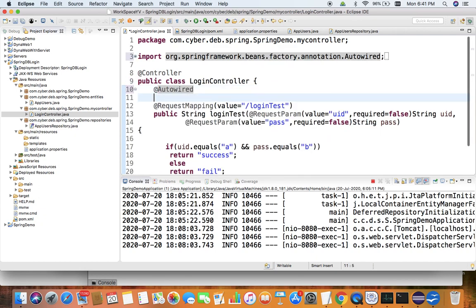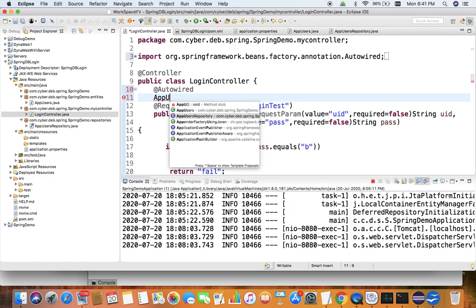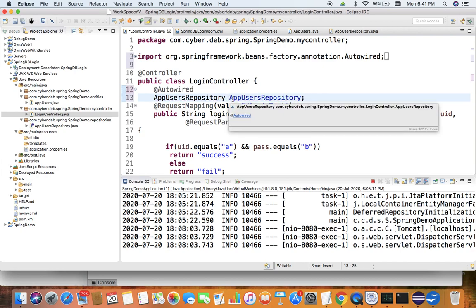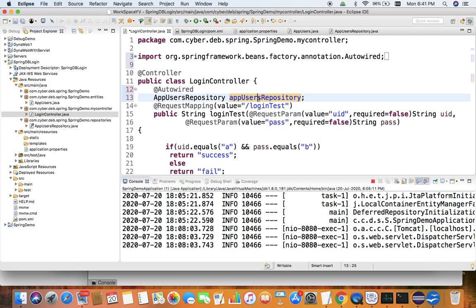The repository which you have created is named AppUserRepository. I'll copy this interface name, paste it, and give a small-case variable name, appUserRepository.